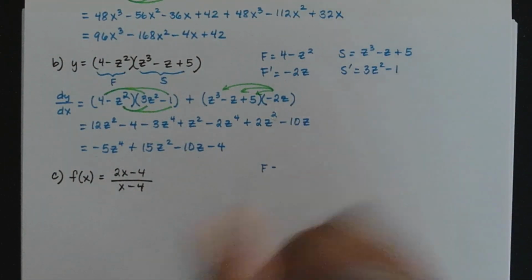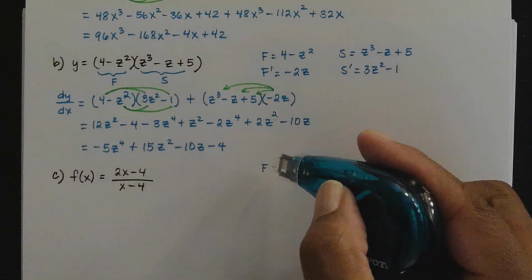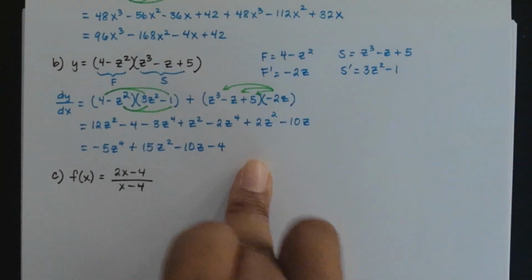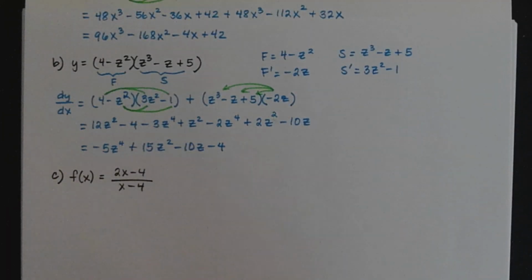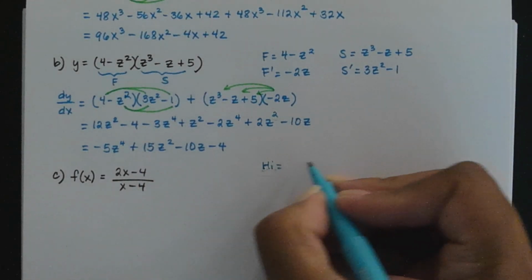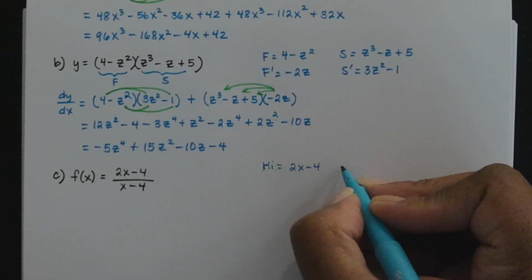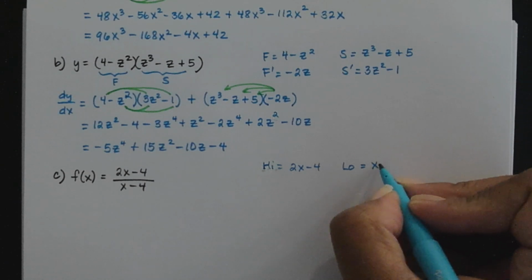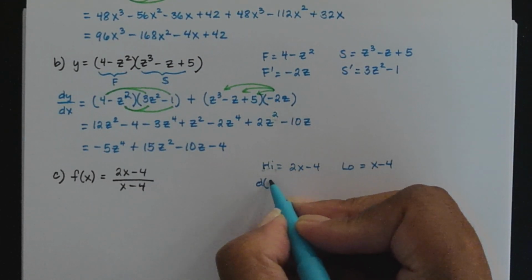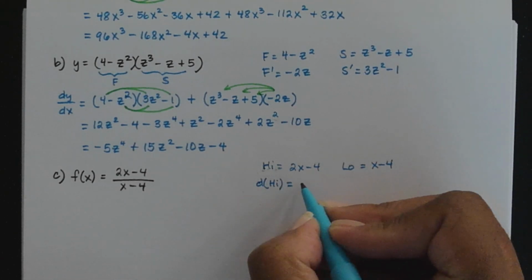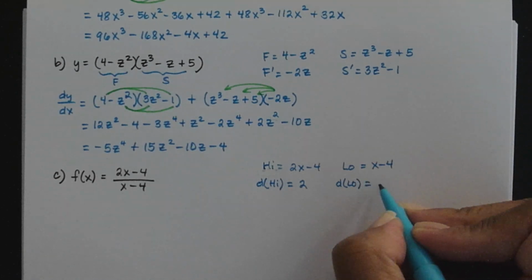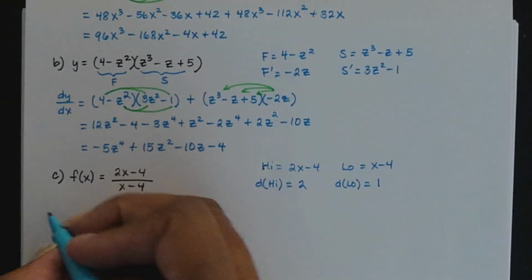Okay. Well, not first and second. Now usually with the quotient rule, we say the low and the high. So that means that the high would be your numerator. That's the 2x minus 4. And the low is your denominator, x minus 4. Well, if the high is 2x minus 4, then that means that the derivative of the high will have to be what? 2. And for the low being x minus 4, the derivative of the low is 1. All right, so now